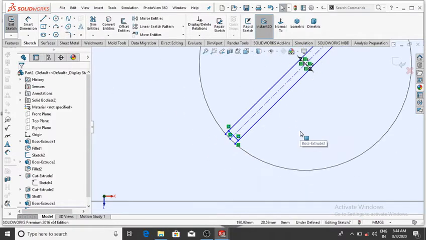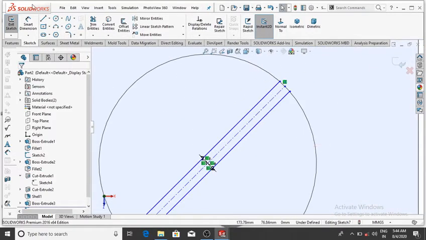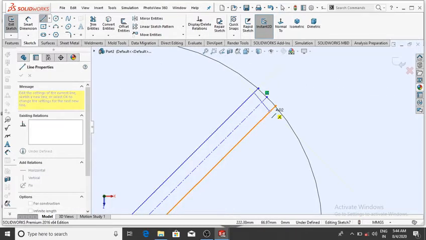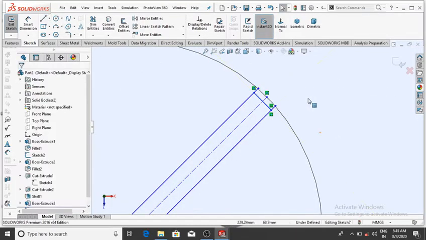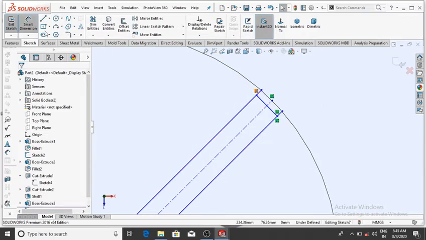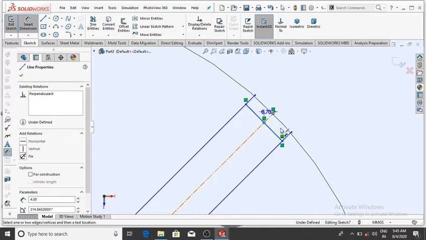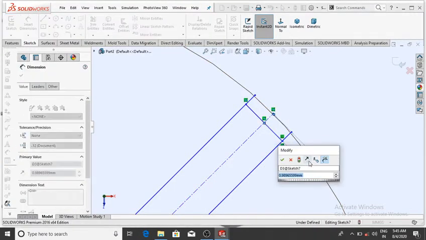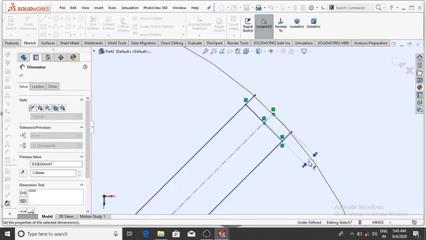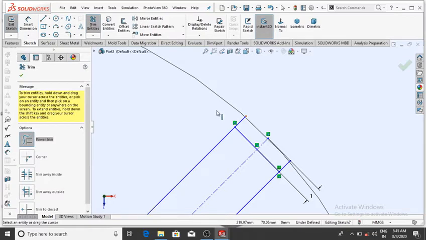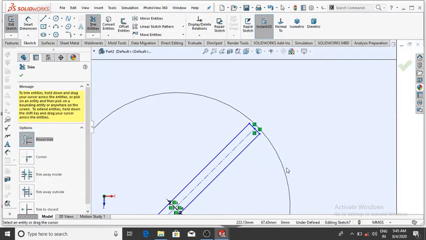and again select the line, from this line up to this line. Now select the smart dimension from this point to this point, it will be 1 mm, then okay, and make the trim, so simply select and drag up to this.